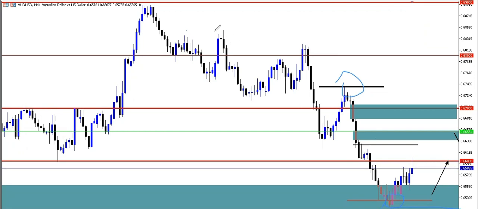So this is just it. And this is what I'm looking for. I'm just waiting for price to change character, change trend on the H4. There is a significant level, a psychological level, 66,000. So price is reacting a little bit. Who knows? Maybe from here it may even change. Then we continue. Or if we're able to break this zone up to somewhere here, and then the change remains,